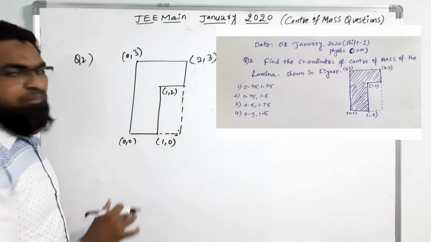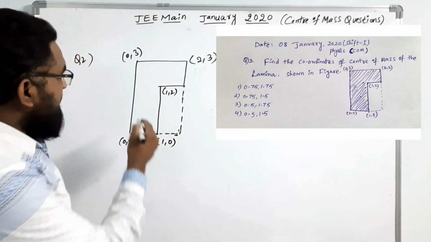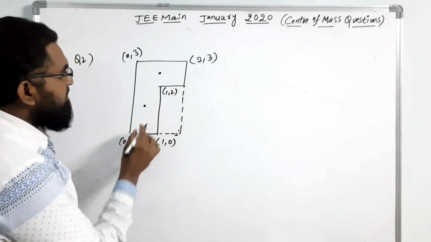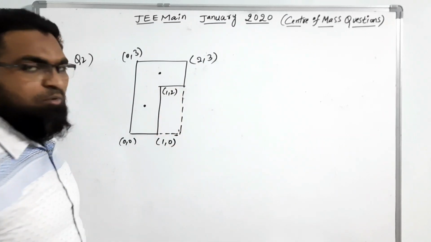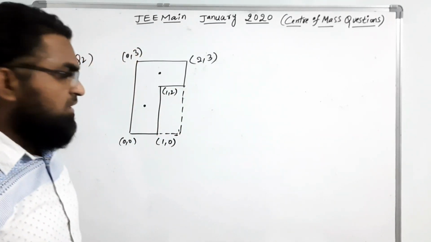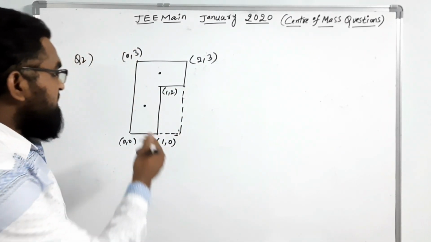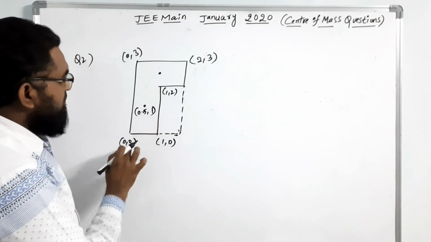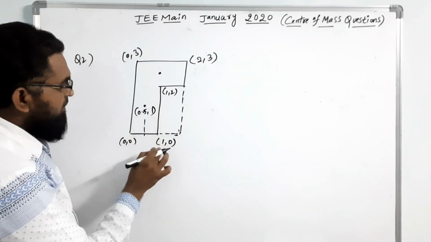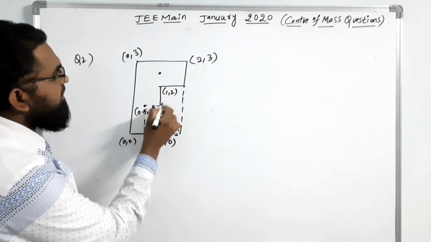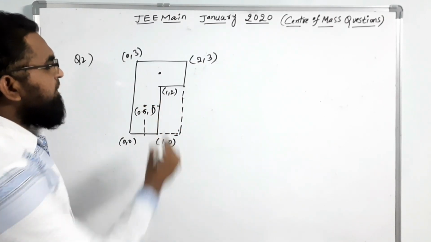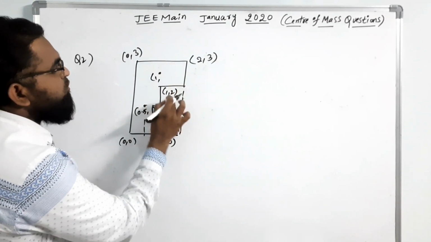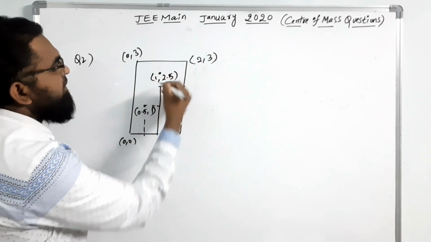Actually, there are two rectangular plates here. This is the center of one and this is the center of the other. The masses of the first plate and the second plate are the same, and the question also mentions the same. So this center is 0.5 comma 1. How is this the center point? Horizontally it is 1, so the center is 0.5, and vertically it is 2, so the center is 1. Similarly for the other plate, horizontally it is 1 and vertically the height is 2.5 centimeter.